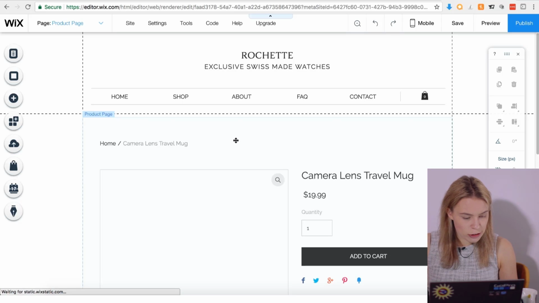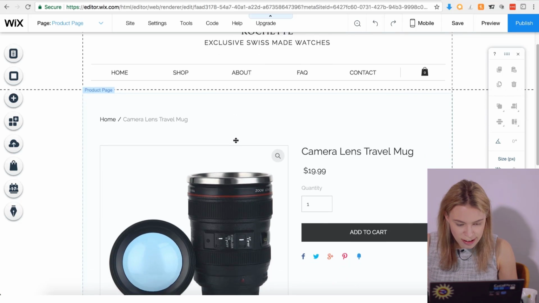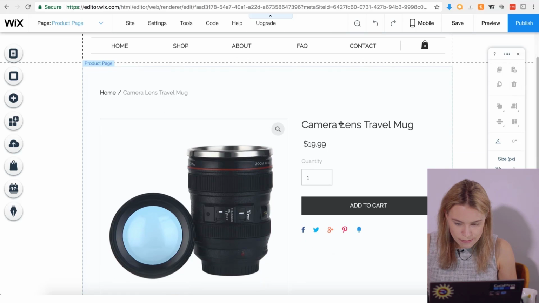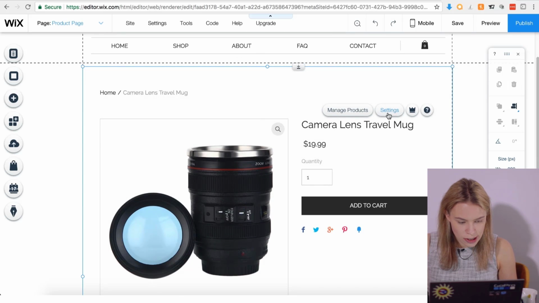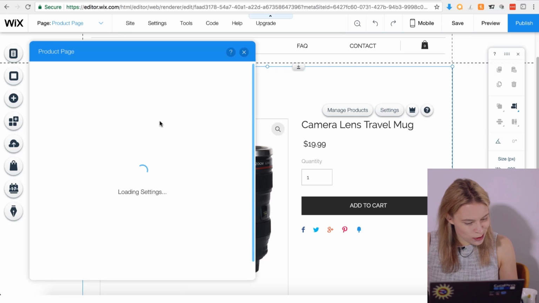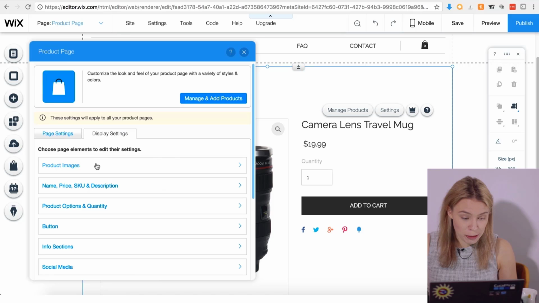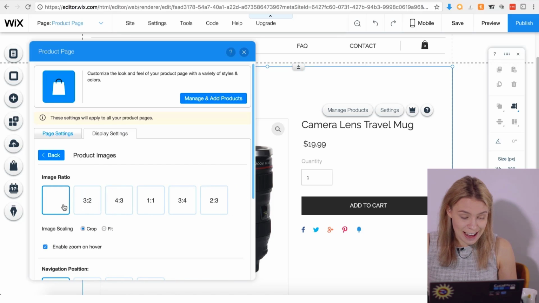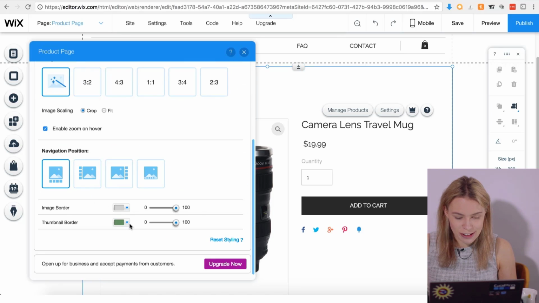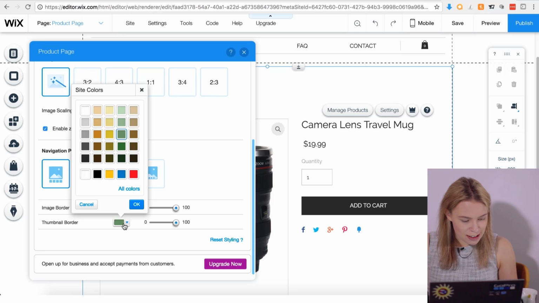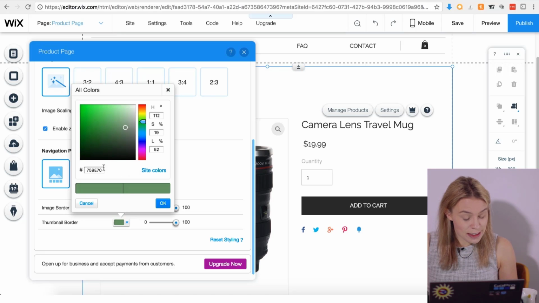So once this page loads here, you'll be able to click the Settings button. Here it is. Now, when you do, this window pops up. And now you can customize pretty much every design aspect for the product pages in your store. And I want you to keep in mind that all of the changes that you make here will apply to